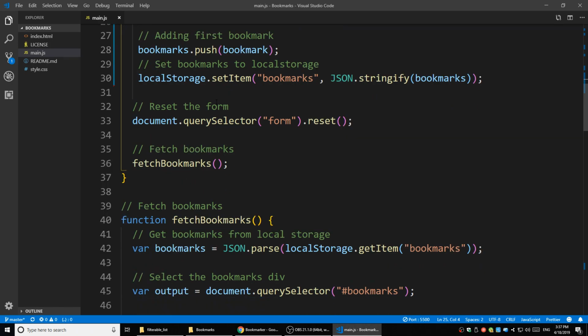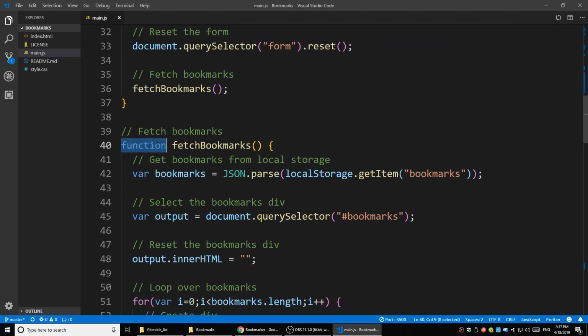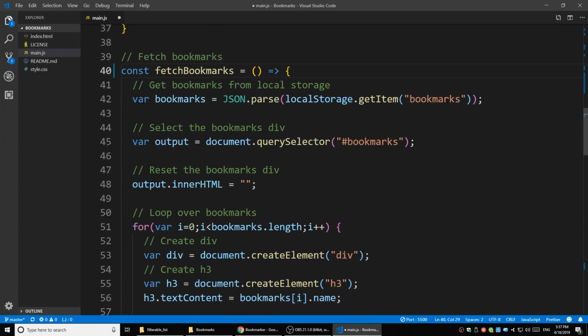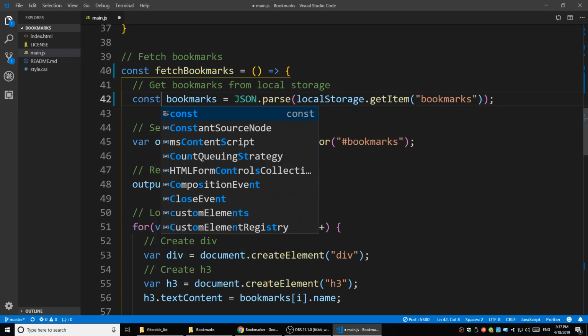We don't need to change those things. The function, we'll find another function. Going to change that one into the arrow function. So const finishBookmark is equal to a function that takes nothing and gives this output. Right? Again, variable constant,